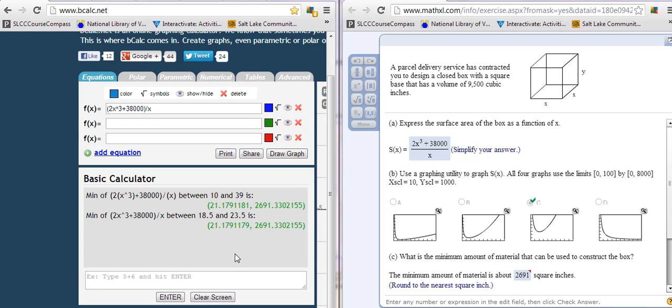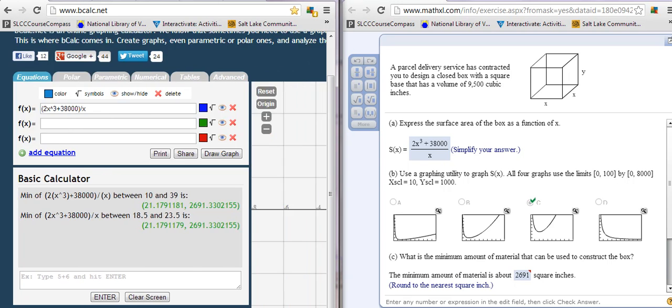Okay, this one was a little bit tough to graph, but let me show you how I did it. So you'll do, in parentheses, 2x cubed plus 38,000, close the parentheses, divided by x. You do have to make sure you have the parentheses around the whole numerator, but that is very important. So once we put that in and we hit draw graph, and we scroll over, we're not going to see